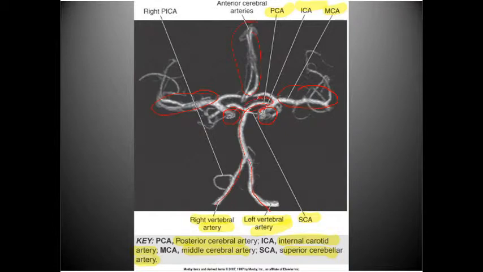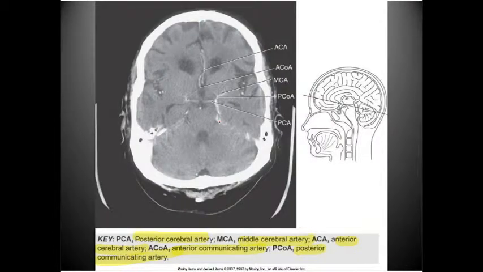And then we have the PCA, or the posterior cerebral artery, which is kind of completing the circle. So here we have kind of the circle of Willis coming in. So we have the anterior cerebral arteries, we have the posterior cerebral artery, middle cerebral artery,